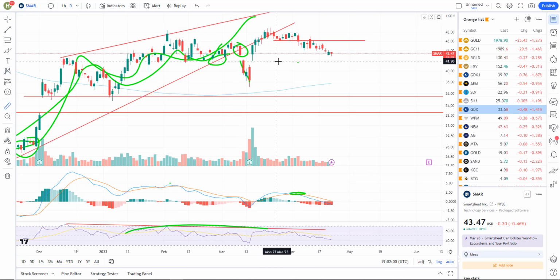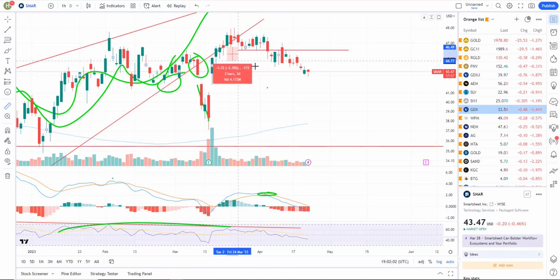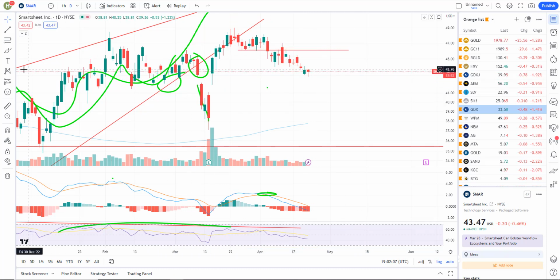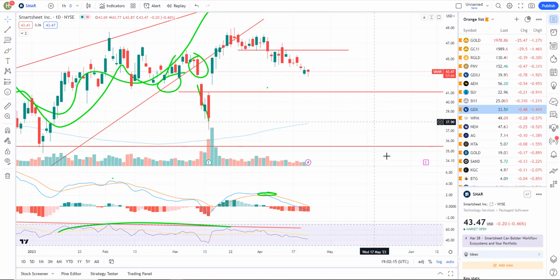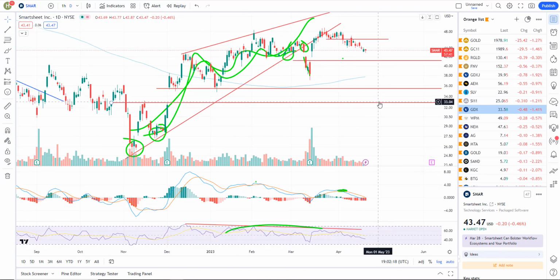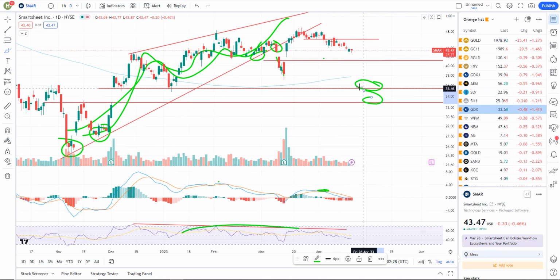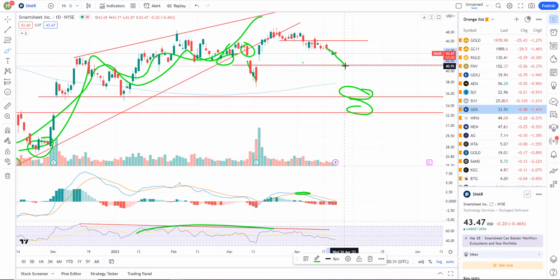And if you took the short, let's say you shorted it anywhere here, you're pretty much profitable. It's continuing to drift lower. So again, I think we will continue lower. There's a gap to fill down here, so you're probably going to get a reaction at this gap. But my ultimate target, at least in the near term, is a big gap way down here at 32.89. So I like that level. And I also like this level at 35.51. Both of those are pretty good support, and so those are my targets. I don't know how long it'll take, but I think we're probably going to fill this gap, bounce, roll down, hit it, probably bounce, and then ultimately hit that.